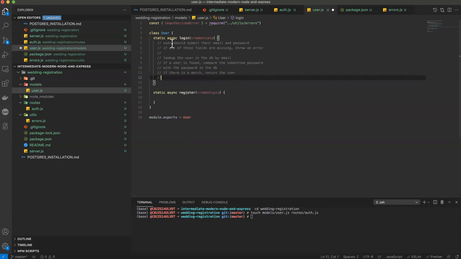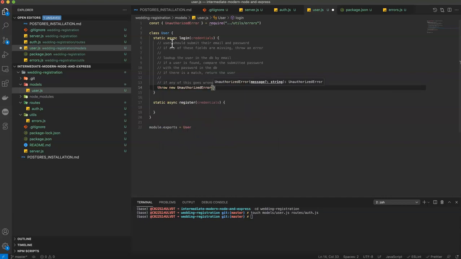That's a pretty standard authentication algorithm. And then if any of this goes wrong, throw an unauthorized error. Let's just say throw an error. And then we'll actually throw it right here. Throw new UnauthorizedError, invalid username, or let's say email. I think we're using email here. Email password combo. And then in the registration function, we will have